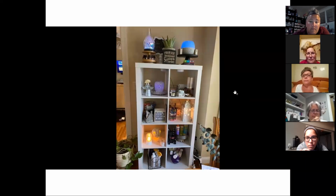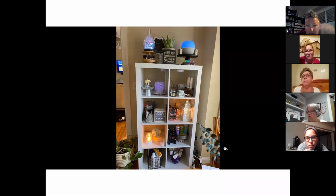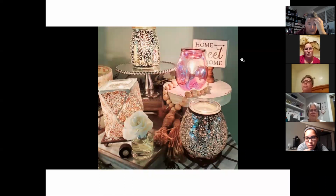Here's another. This is in the corner of, I believe, a dining room and this is the setup this consultant uses for virtual parties. Here we've got a cake stand, a little chalkboard sign, just small little, this is like a little galvanized toolbox that room sprays are in, galvanized tray, wire basket. I mean, a lot of these things you may have around your house that you can repurpose. Love this. This is a beautiful display,